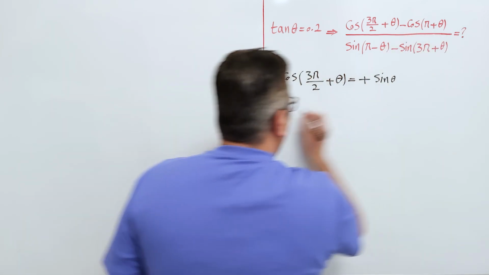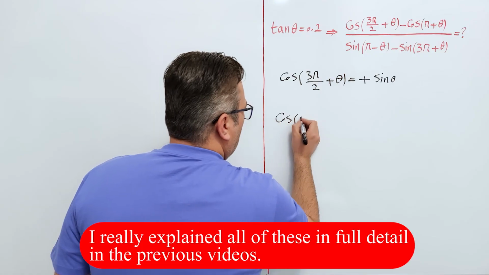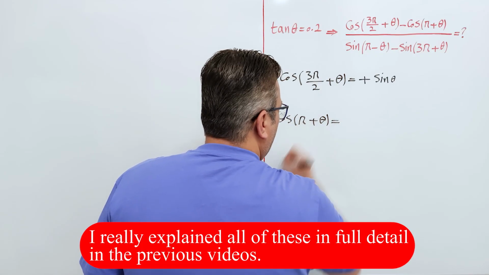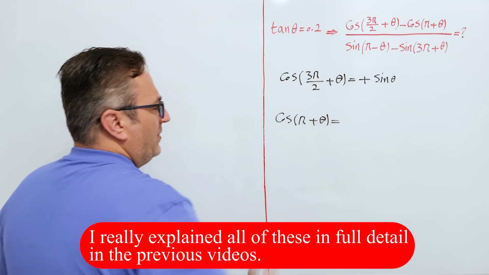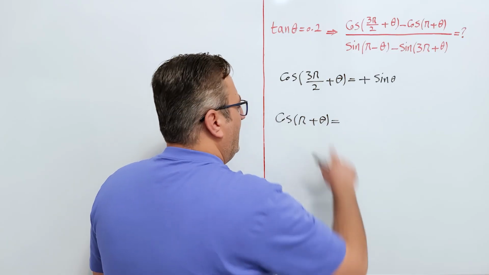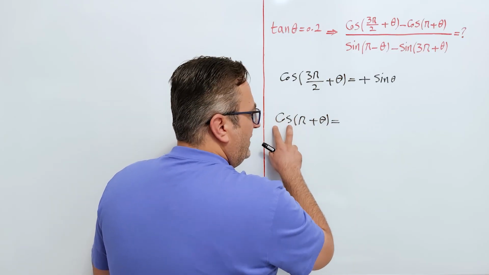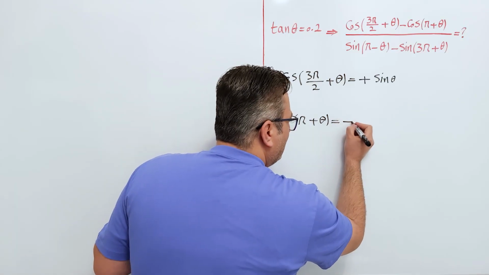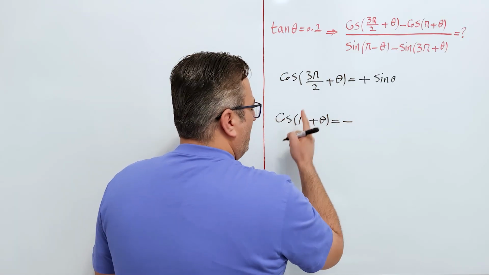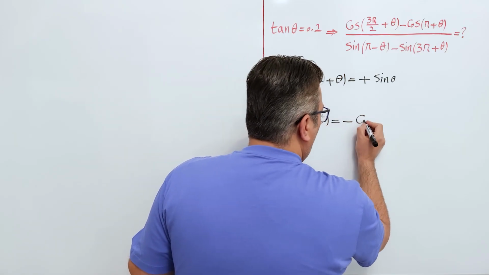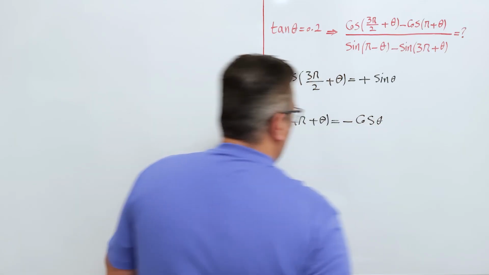And cosine of pi plus theta: pi plus theta is in the third quadrant, and we know that the sign of cosine in the third quadrant is negative, so cosine of pi plus theta is equal to negative cosine of theta,